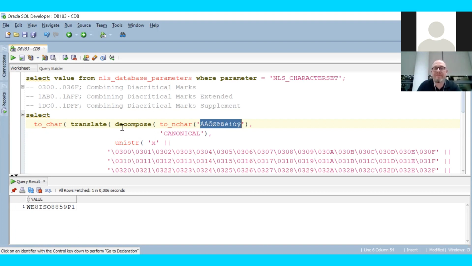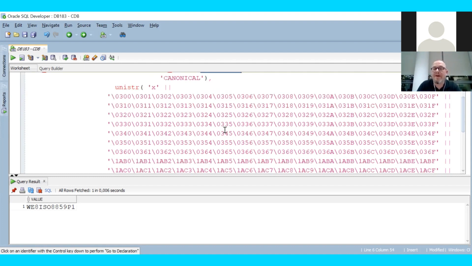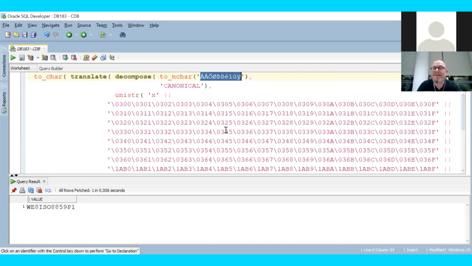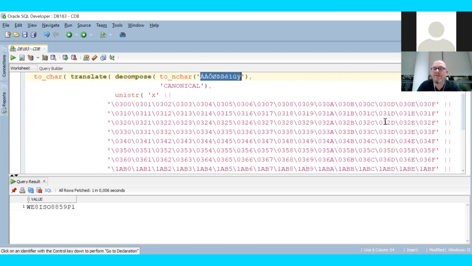So once we have decomposed the string, we can actually remove all these combining diacritical marks out of the string, right? There is quite a number of them. I tried to list all elements of the 3 blocks of combining letters. If we look at the,